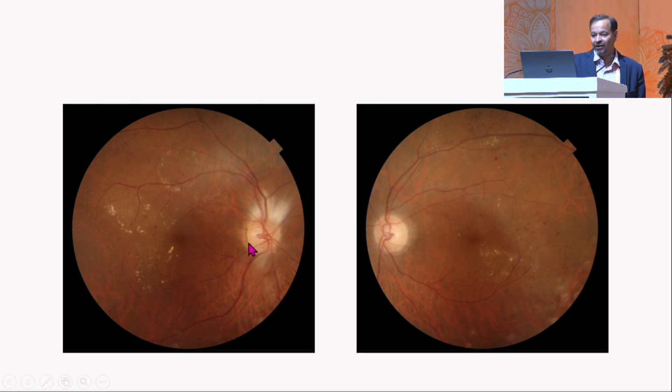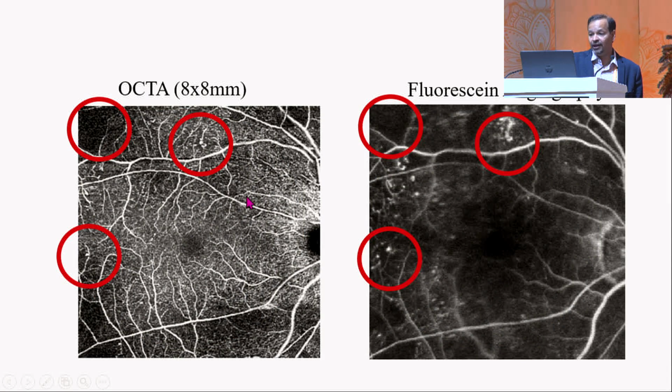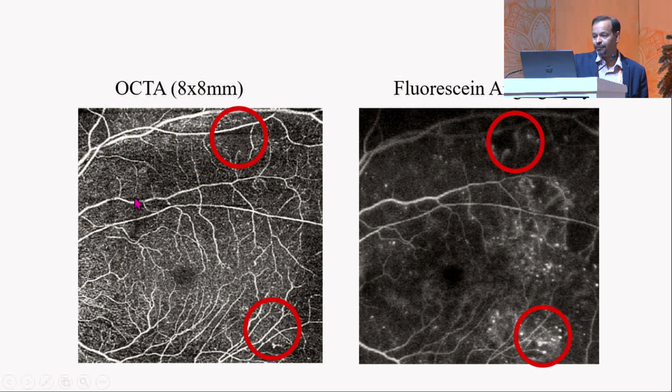This is a patient with, you can see, moderate NPDR. There are some hard exudates and microaneurysms which are visible, but when you go on to do OCTA and FFA, you can see on FFA many microaneurysms, while the same are not seen on OCTA scans. This highlights the fact that the number of microaneurysms you see on FFA is more than what you see clinically, and what you see on OCTA is much less in number. In another patient, many microaneurysms are visible on the corresponding FFA scans, but on the OCTA scans a much lesser number of